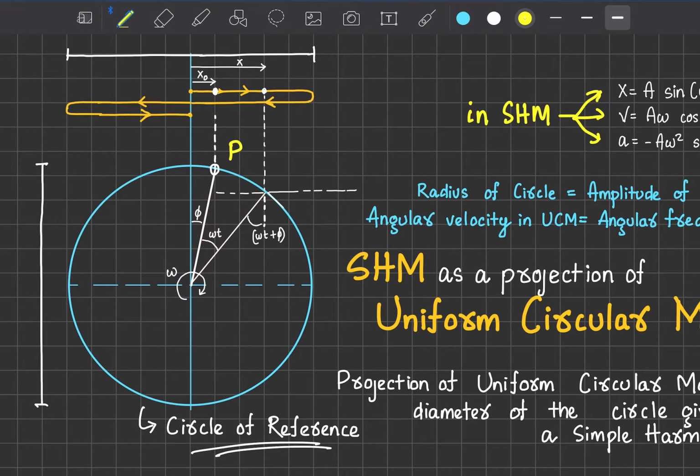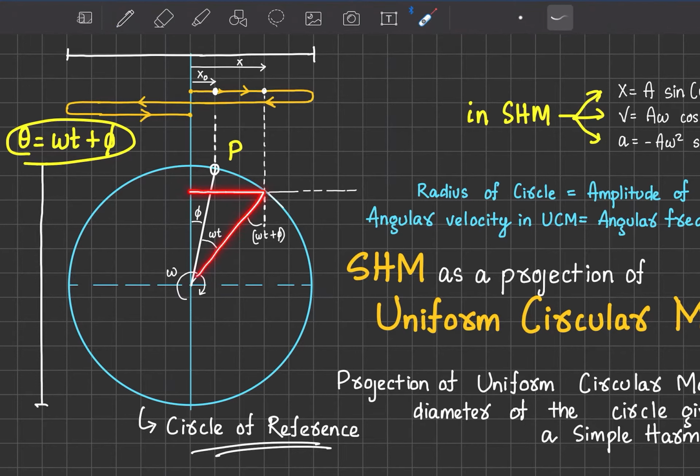So let's just write, I have taken theta equals omega t plus phi. For now we are taking this angle. Now let's draw this triangle and observe. So this gives us the displacement from the middle point, right? This displacement from the middle point. Now in this triangle we have the radius as a, and this angle is theta.